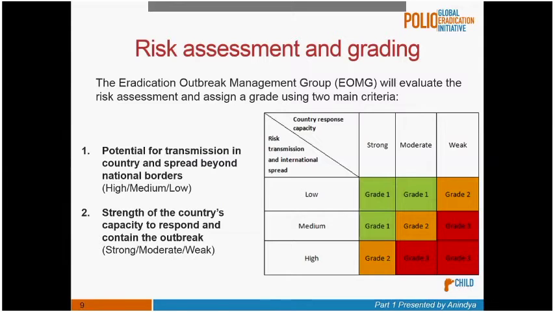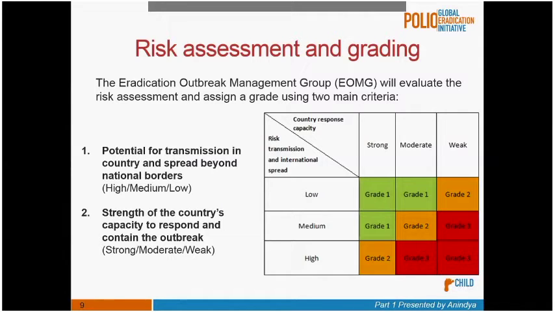Okay. Now, once outbreaks or events are classified, we have a grading system, and the grading system is fairly intuitive and simple to understand. It's a sort of bi-category matrix where the country response capacity is graded as strong, moderate, weak, and the risk of virus transmission is graded as low, medium, and high. Certain combinations are grade 1 outbreak, certain combinations grade 2, and grade 3 is, of course, the classic example when a country has a response capacity as weak and a risk of transmission as very high.